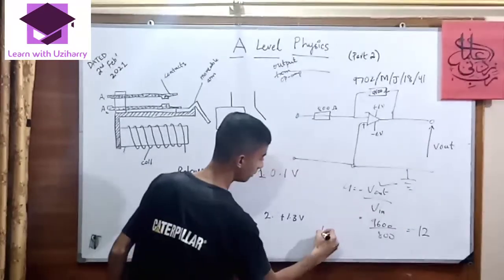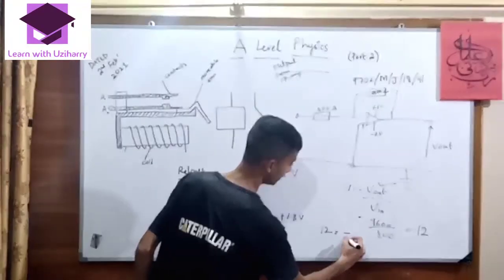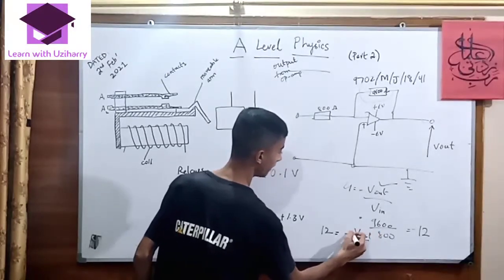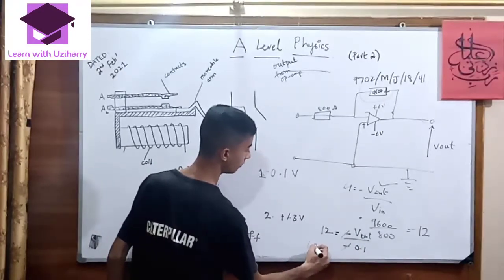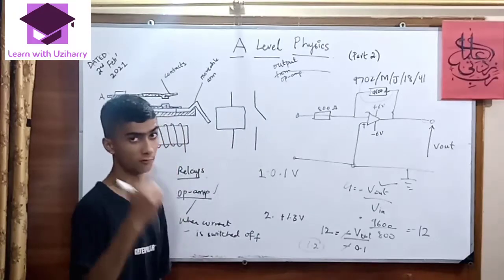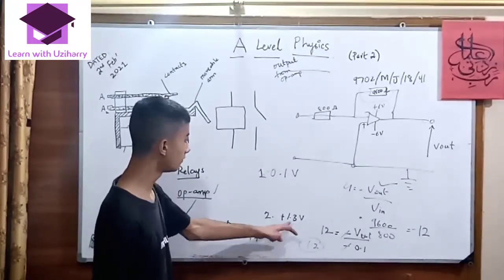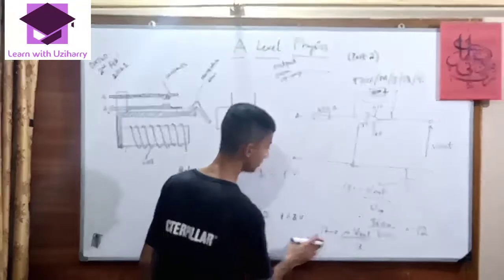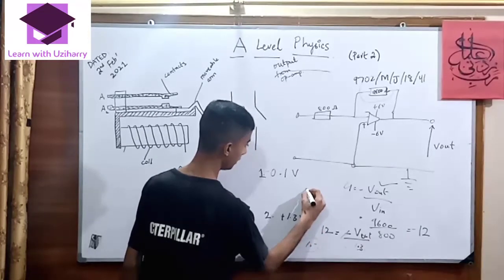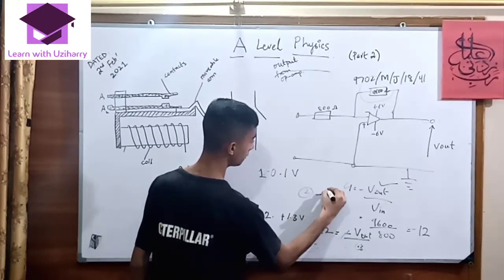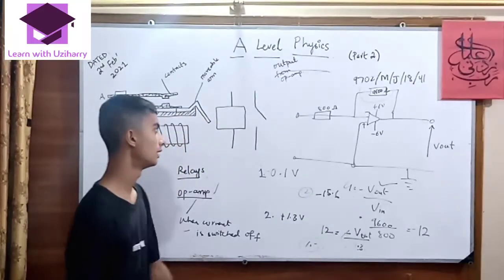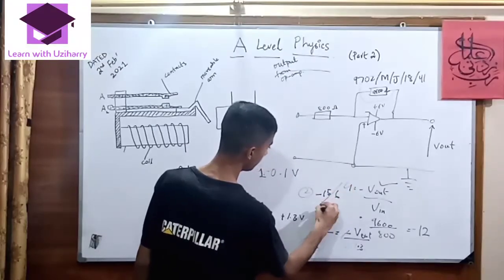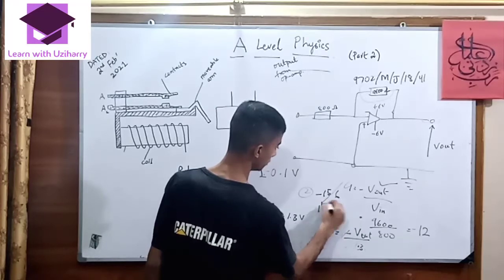We just need to place them according to the formula. We already found that the gain is 12, so we place it over there, with the minus, and it would be minus 0.1. Ultimately the minus is cancelled out. If we multiply with 12 we get 1.2 volt, so plus 1.2 volt is the answer of the first part. For the second part, if we use 1.3 over there, it would be minus 15.6, but this is not the answer because the maximum range for that is 6 volts. So we just need to remember that and write minus 6 volts.